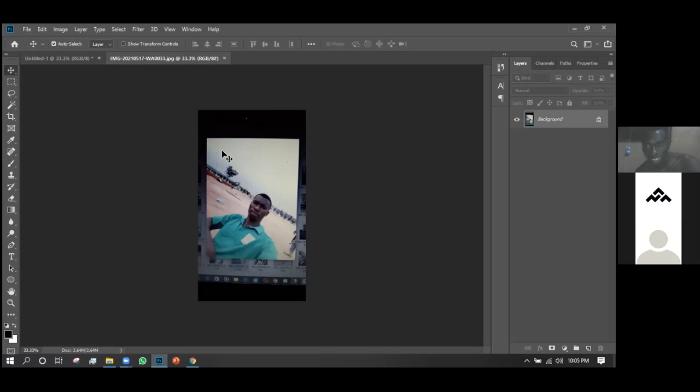You know that in that Photoshop environment, the first one it wrote untitled, and then the second tab has that image, IMG whatever. As soon as you open, they will always be in tabs like that on top. So what we want to do is move this picture into the workspace that we're working with. How we are going to do that is we will click on this picture that we just imported, then you will drag it,